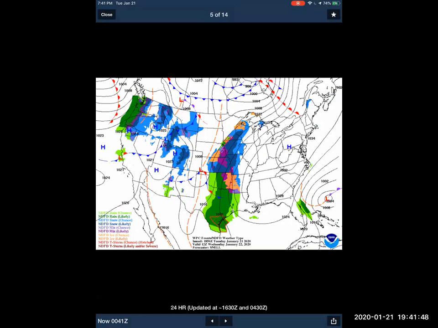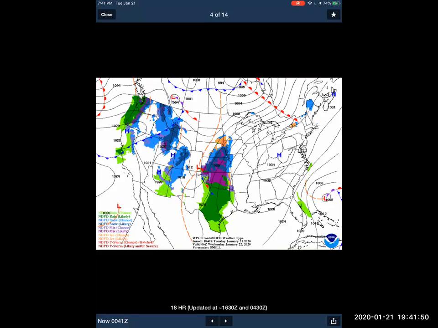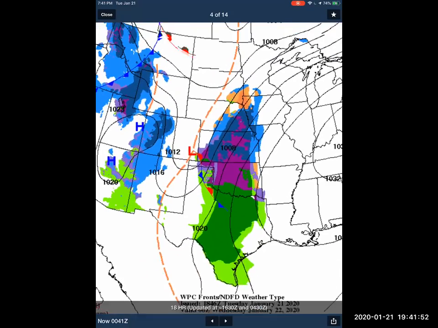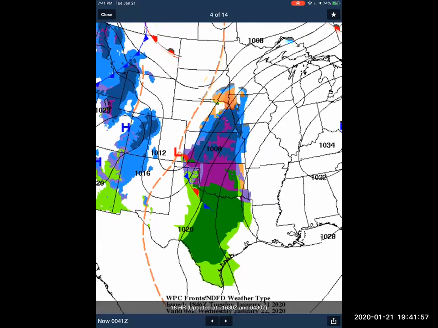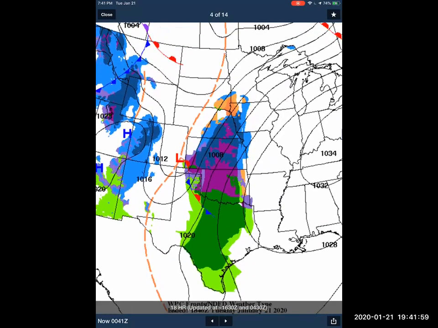So if we press ahead, here is the 0600 Zulu forecast. So in this case, 0600 Zulu will be about 1 a.m. Certainly by 1 a.m.,